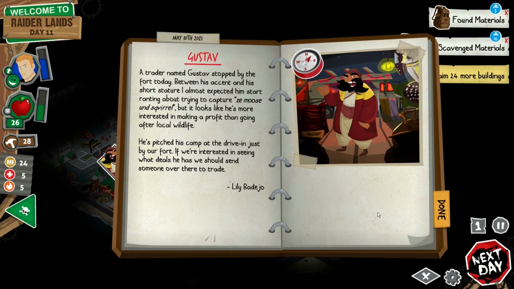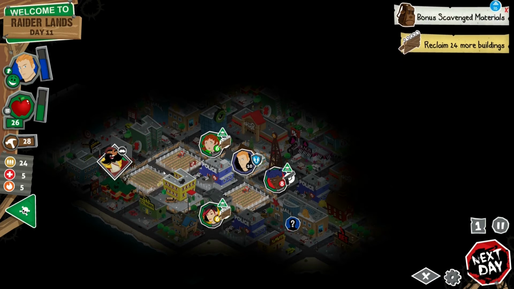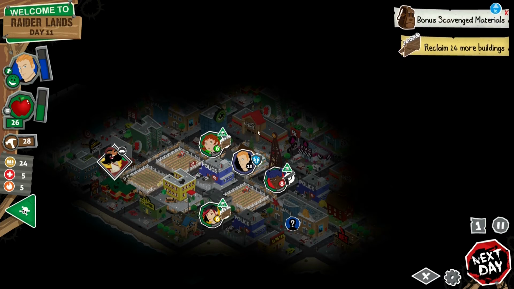So he attacked, he was green, so we didn't have any problem, because we had... Oh, Gustav is here. Okay. Our favorite mustachioed traitor. But yeah, we had 2 people adjacent to this...